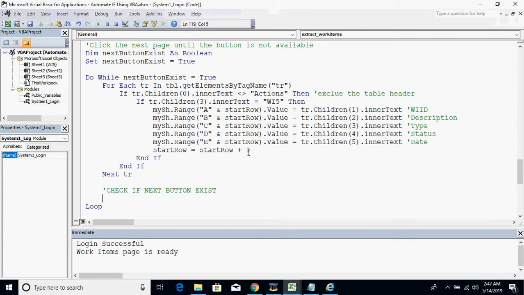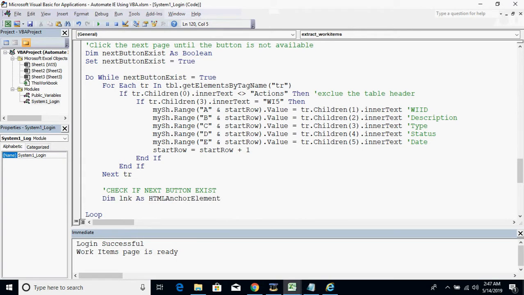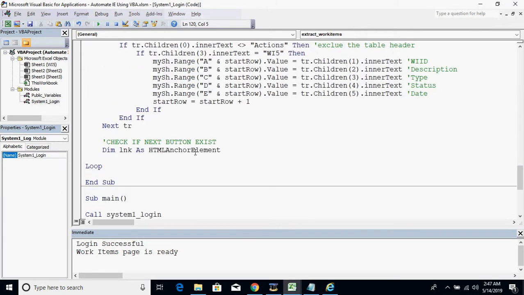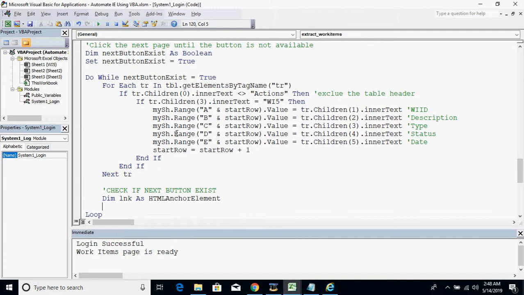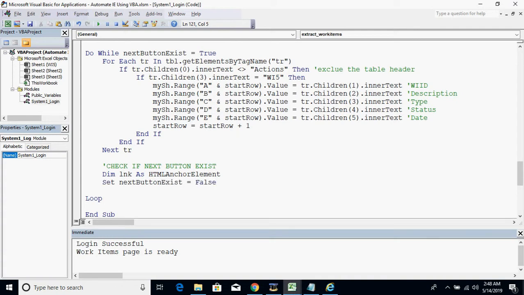So again, we'll use the page numbers class attribute and its inner text. So we need to declare that element first, and it's a link, and then we need to loop through all the links within this page. But by default let's set the next button exists equals to false. And then for each link in our